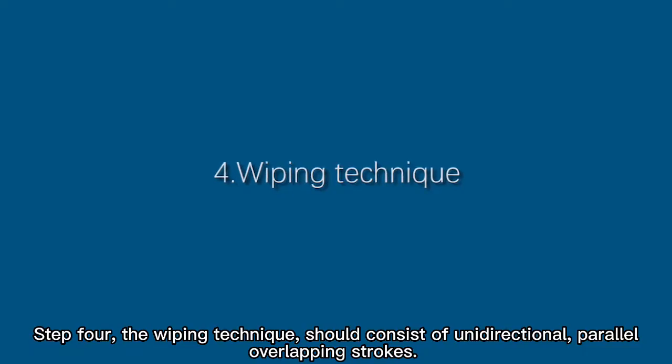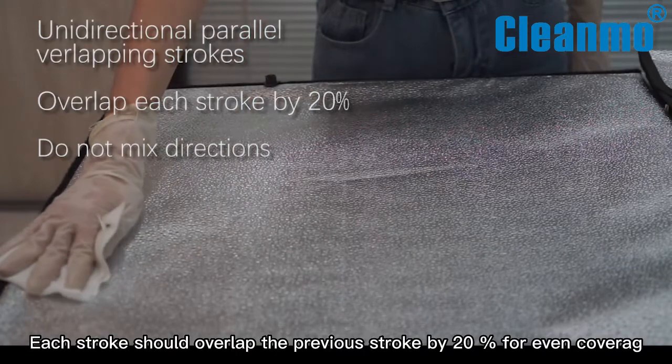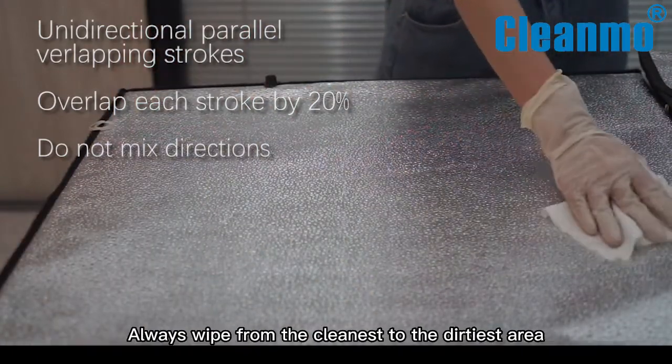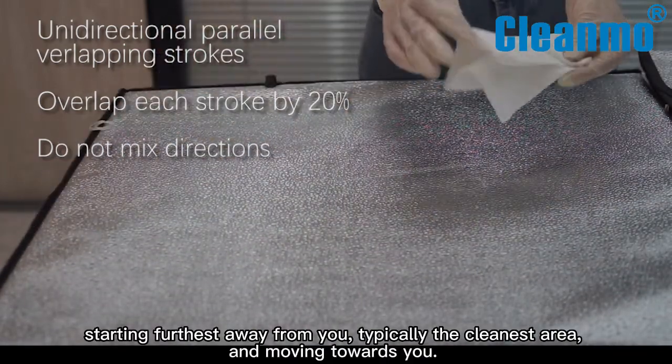Step 4. The wiping technique should consist of unidirectional, parallel, overlapping strokes. Each stroke should overlap the previous stroke by 20% for even coverage. Always wipe from the cleanest to the dirtiest area, starting furthest away from you, typically the cleanest area, and moving